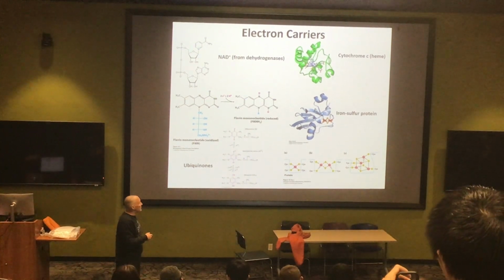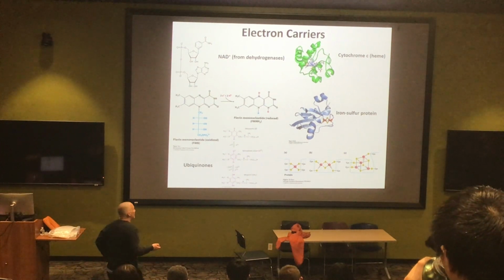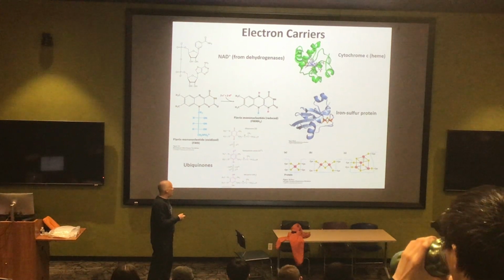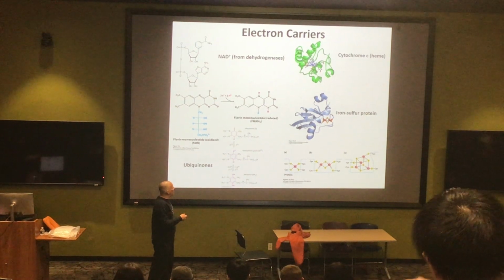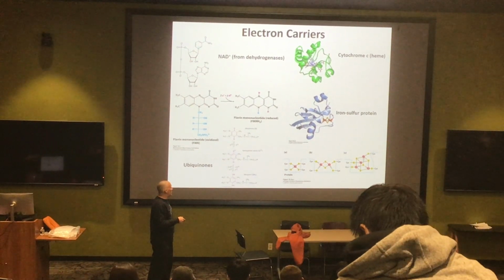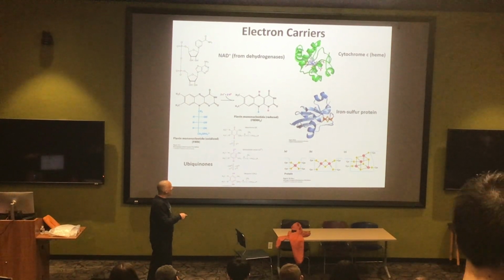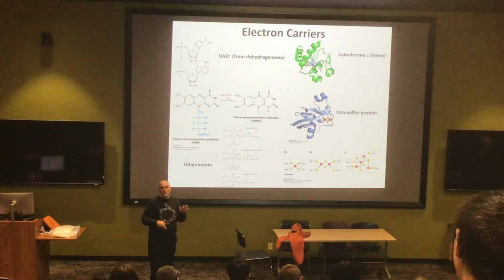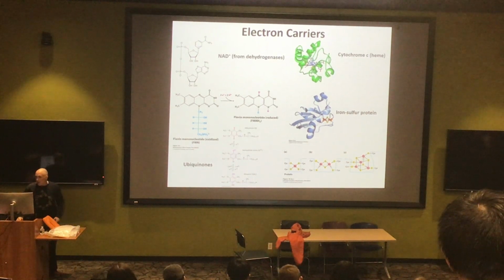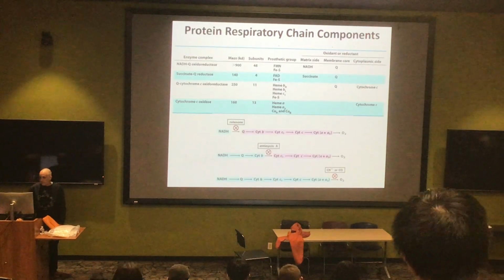Iron sulfur proteins, we've seen them already when we talked about RNA, and we've also seen them when we talked about aconitase in the citric acid cycle. Here they're doing their more conventional function, which again is to serve as batteries. So all the electron oxidations and reductions are happening here. They come in a number of different forms, so this isn't the same protein transforming between different structures. These are actually different structures, but depending on the arrangement of sulfurs around the iron, that gives them different voltages, again, for being oxidized or reduced. Anyway, that's our collection. That's the molecules that are going to be moving the electrons through the electron transport chain.